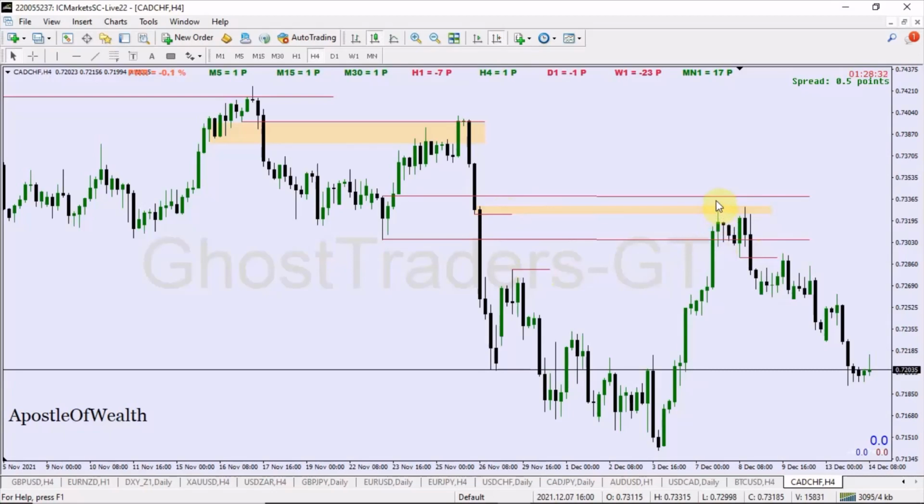So if you look at this level here, price got to this level, pulled down a little bit, and then it came back. It got to this level here, never took out this high, okay? It never took out this high. Price failed to take out